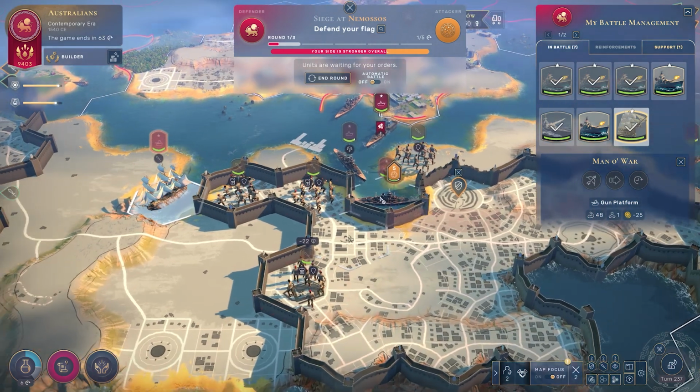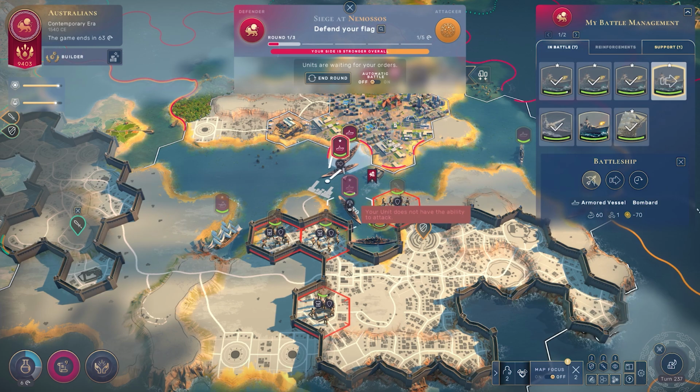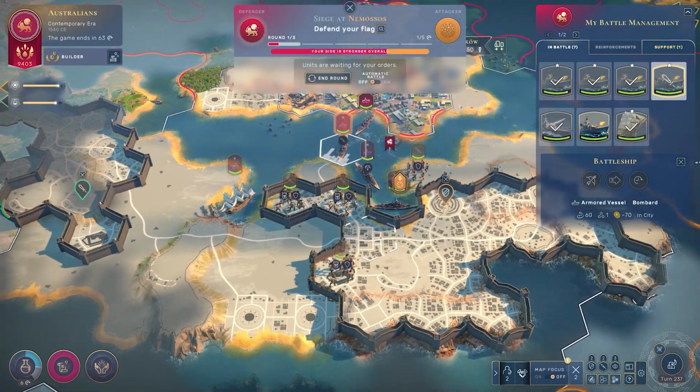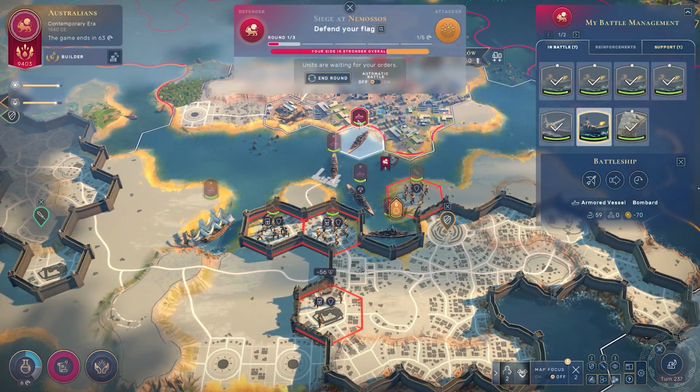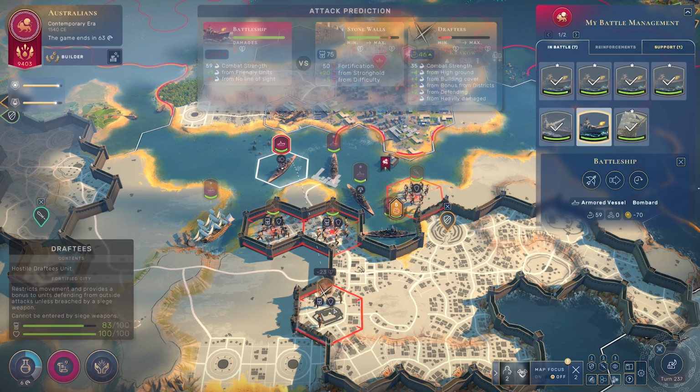When I select my unit and go to move it, as I hover over the tiles I can move to, you can see all of the enemies are highlighted with a red border. That means that they will be within my line of sight when I move to the selected tile. It's massive, and it makes